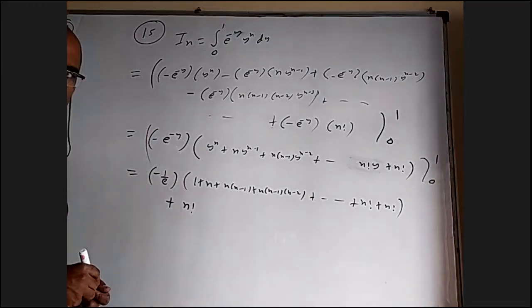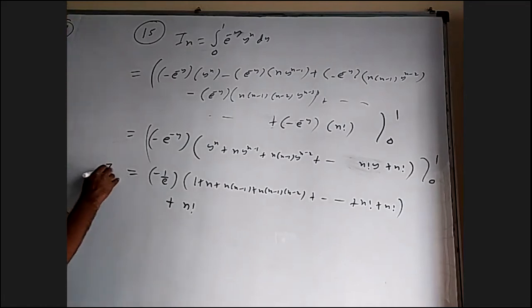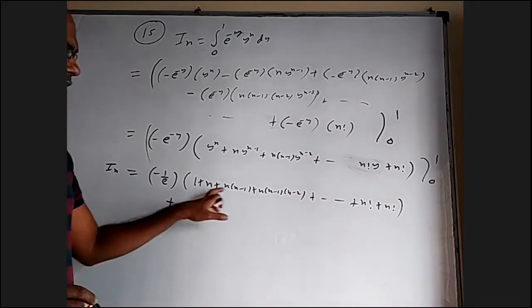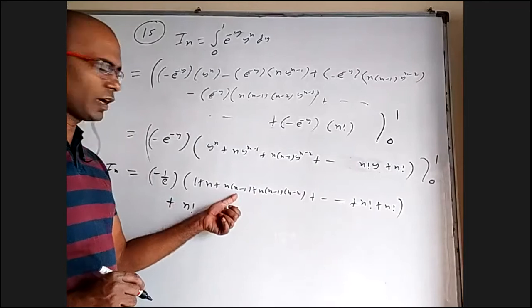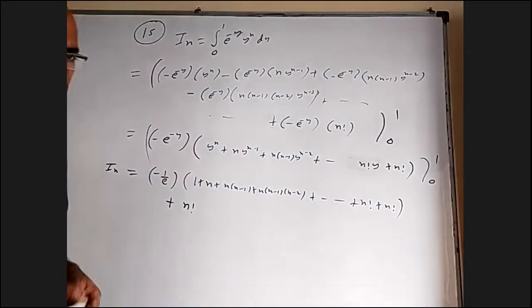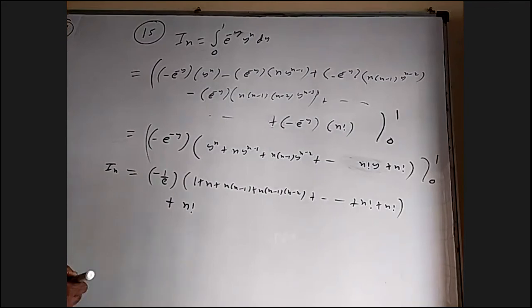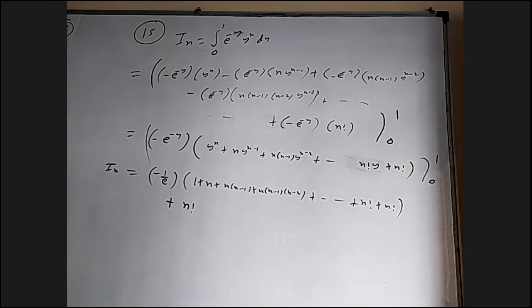Is this okay, everyone? Yes, sir. Okay. So this is my IN. And these are not even NC1, NC2, NC3 to write, because I should have NC1 by 2 factorial is required, not there. By 3 factorial is required, not there. So I'm able to find IN, but I don't think it is going to help me to do the question that easily. Okay.